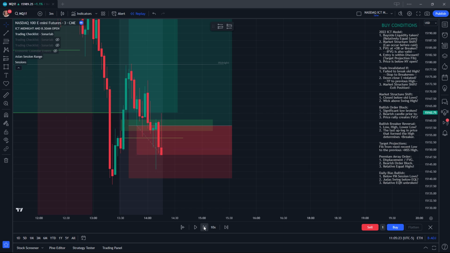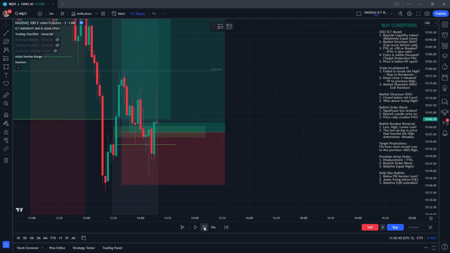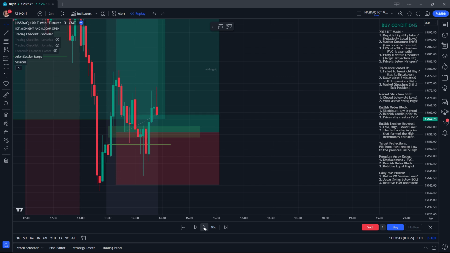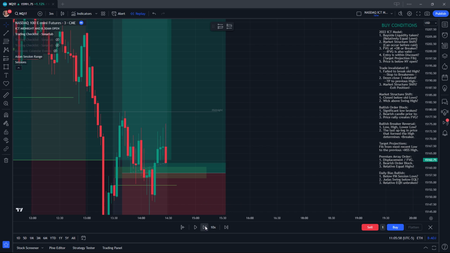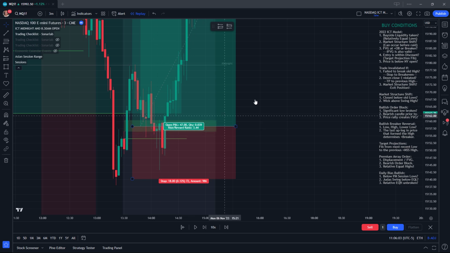But to be honest, you'd have to decide for yourself if this is a trade. We're already in the trade now, so at this point we just have to let it play out. We know it might not do everything exactly as we want it. It came into our order block here, so that kind of makes sense. Price seeks a fair value gap, then it seeks an order block, then it seeks equal lows. Once we get past some choppy price action there, we get rewarded for holding through this uncertainty,